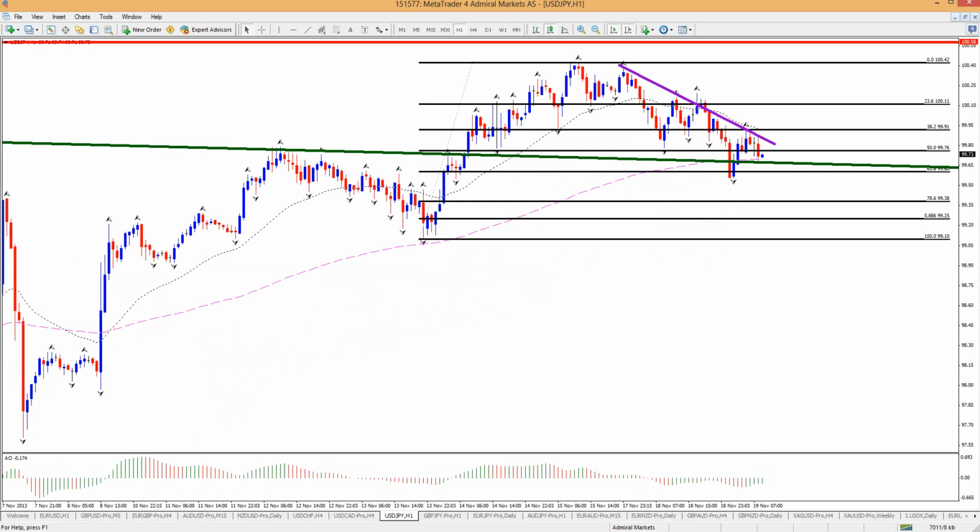But considering basically the entire environment is quite choppy, and with FOMC tomorrow, I'm not sure if that choppiness necessarily will disappear. That might linger around. So yeah, probably waiting for small breakout trades like that on the 15 could be best, just to catch some pips within a decent amount of hours and then close out,